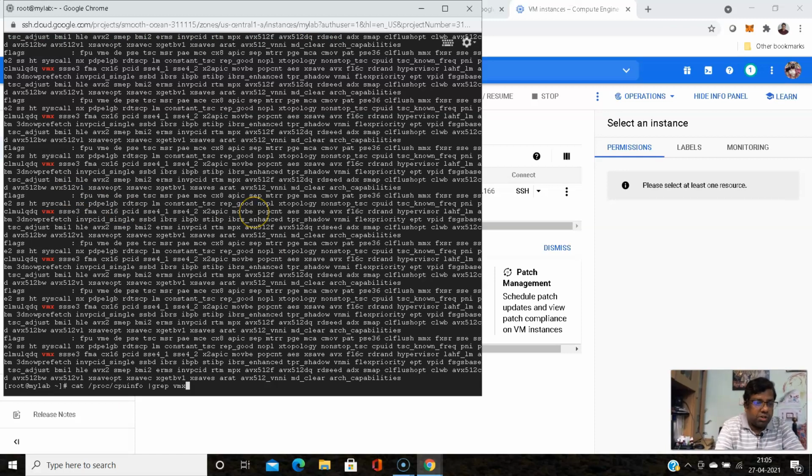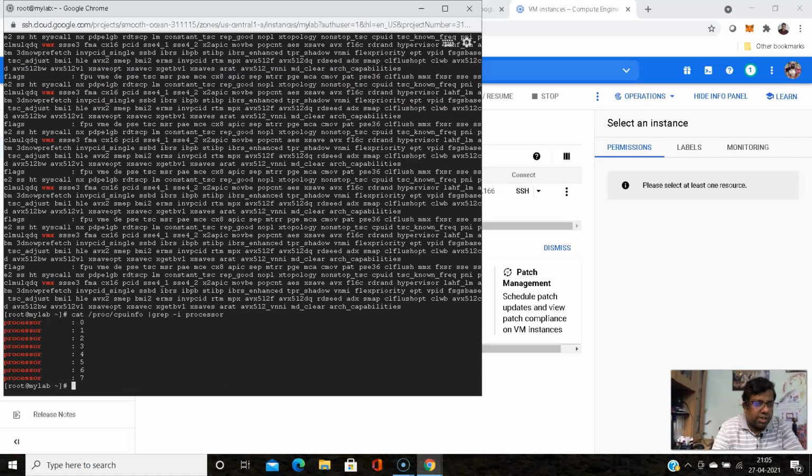How many CPUs does it have? I have selected only 8, and it shows 8 CPUs, each configured with the VMX extension. VMX means virtual machine extension, so it supports it.